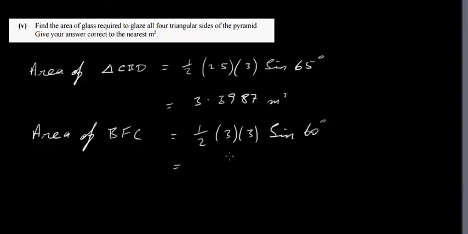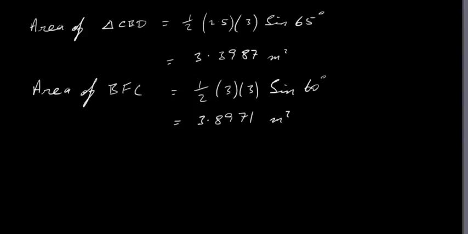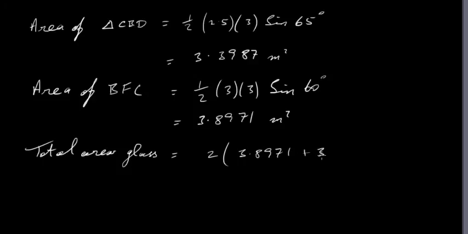Multiply all of that out and you get 3.8971 meters squared. So the total area of glass is just going to be equal to twice 3.8971 plus 3.3987. We just got to add those two and double them, and you end up with